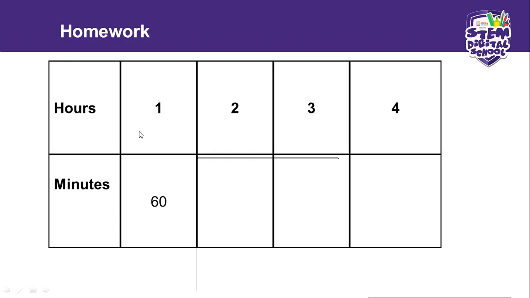Here, I just want to see if you know the relationship between hours and minutes. We have given you an example there: 1 hour is 60 minutes. So I want you to write for me how many minutes there are in an hour, and then how many minutes are there